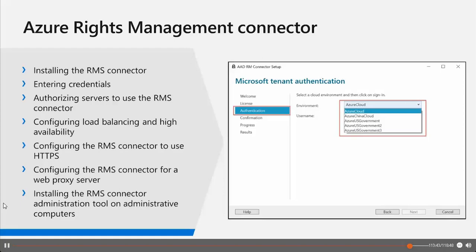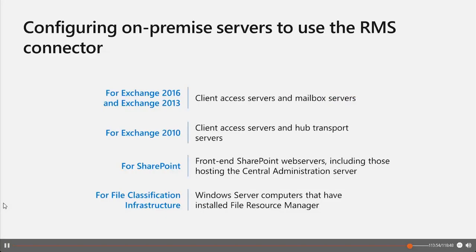It lets you use Azure RMS for your local on-premises infrastructure to work without the labeling functionality. There are just a few pieces missing for this RMS connector, specifically which applications are actually supported by the